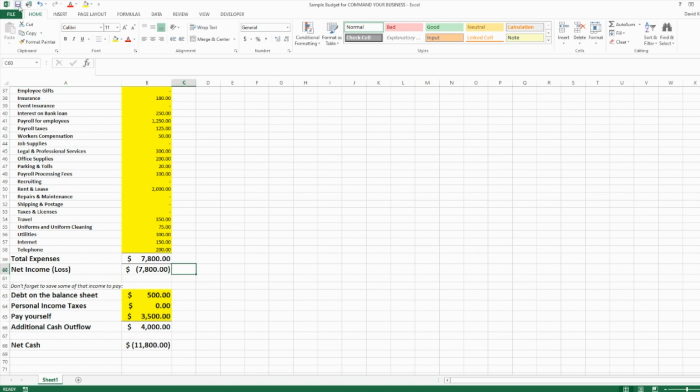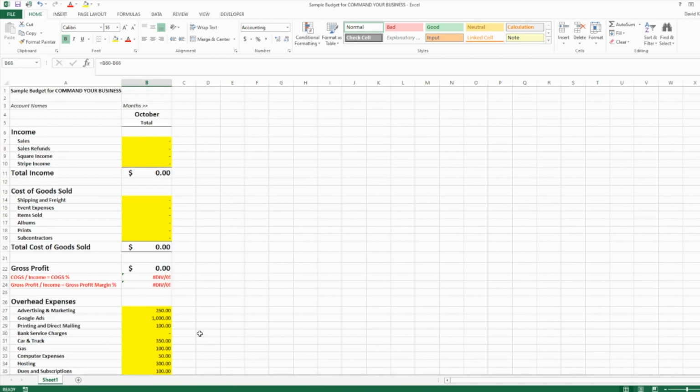So now we need to figure out how much income we need to generate so that we're cash flow positive. This is why it's really important to understand your cost of goods sold percentage, right? It's very important to understand what it takes for you to make a sale. For October, I want to try to generate